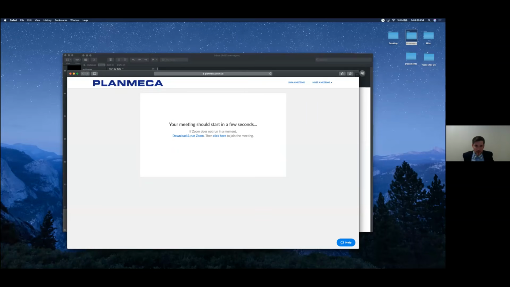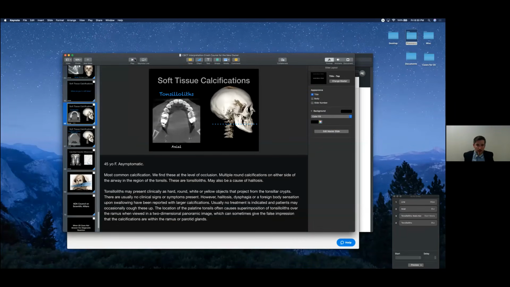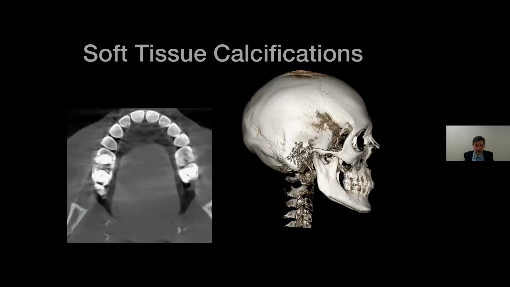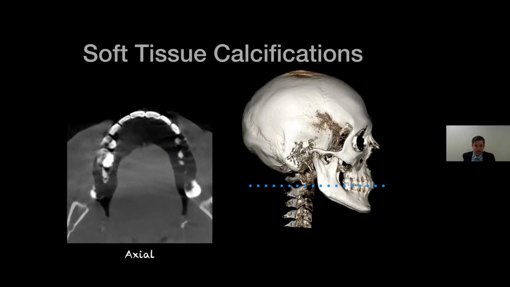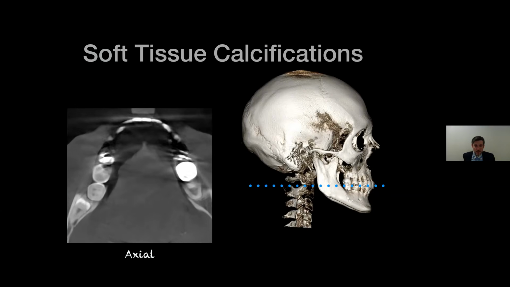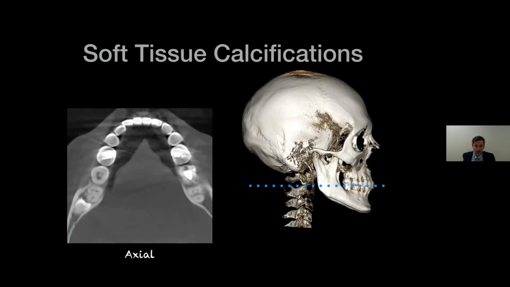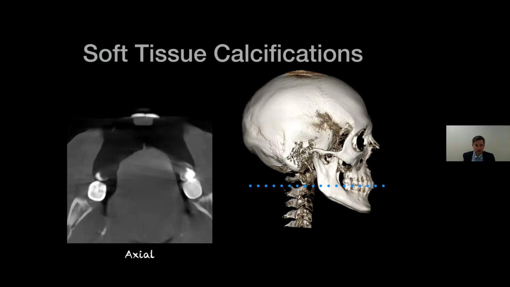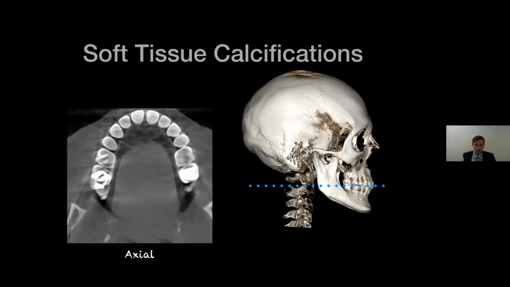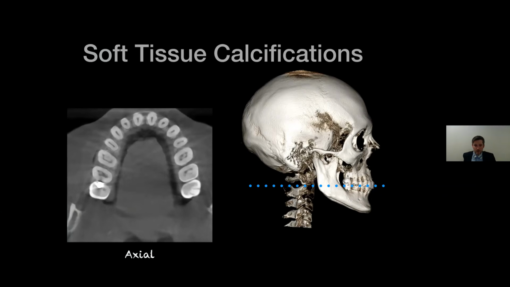And then that person asked if I could show the tonsil calcification again. So here that is, here's the axial slice. And we're at the level of occlusion here. This is what those calcifications look like. So just very punctate, round calcifications on either side of the airway. And so they don't have that circular shape like they're in the lining of the vessel, like that calcified carotid atheroma did. So again, it's all about levels for the tonsillolith.